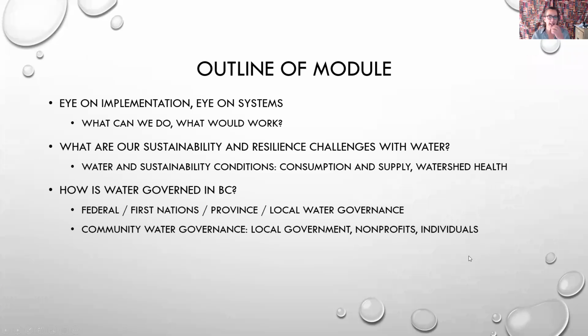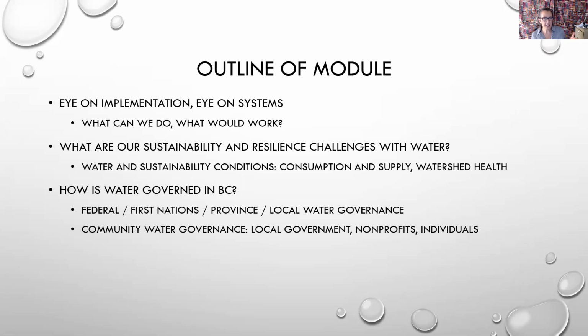What I want to do with the lectures this week is go through a lot of material. How do we understand water and watershed systems from the point of view of sustainability and resilience? And what does that have to do with whether we're working with a community or with First Nations or in a provincial government process? What can we do to move water and watershed systems towards sustainability and resilience? So my overall outline for the module is to start out with,